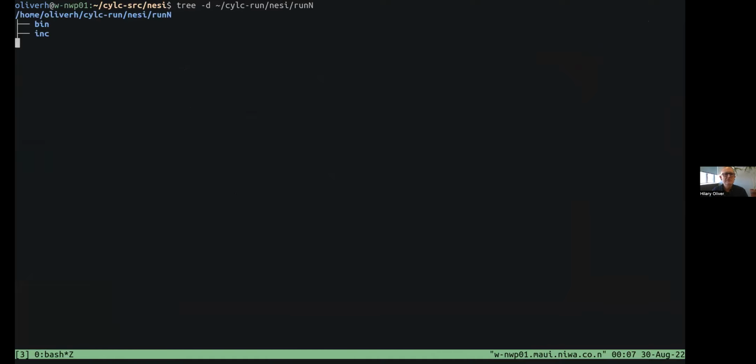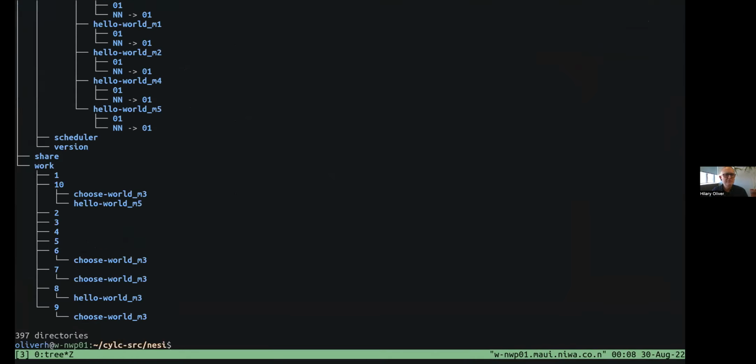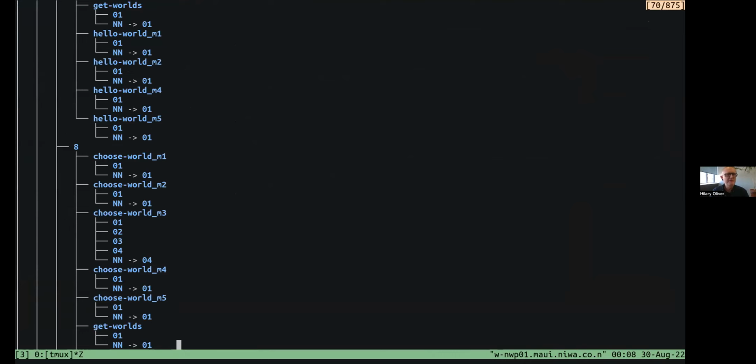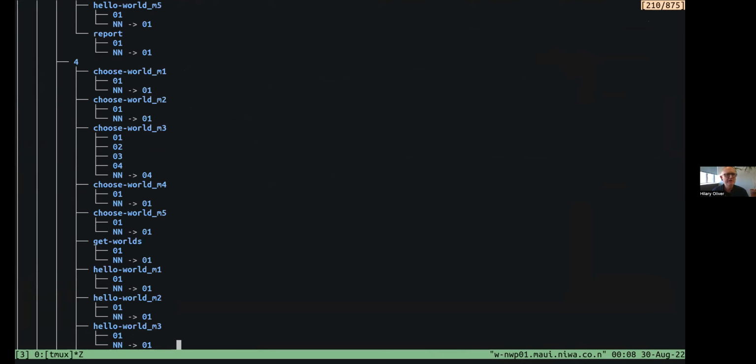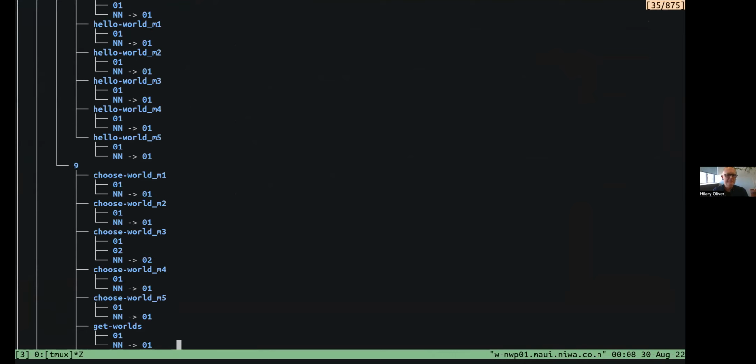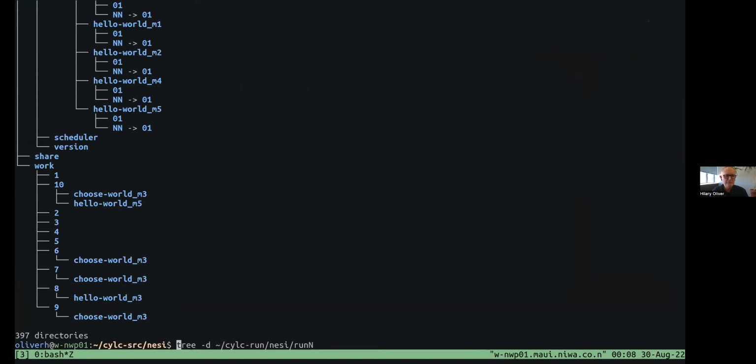And I'll just list directories. So you can see we've run an awful lot of jobs already, but they are all laid out in a very sensible, easy to find location. And if you use the Cylc review job log viewer, you can easily browse thousands of job logs if you need to.